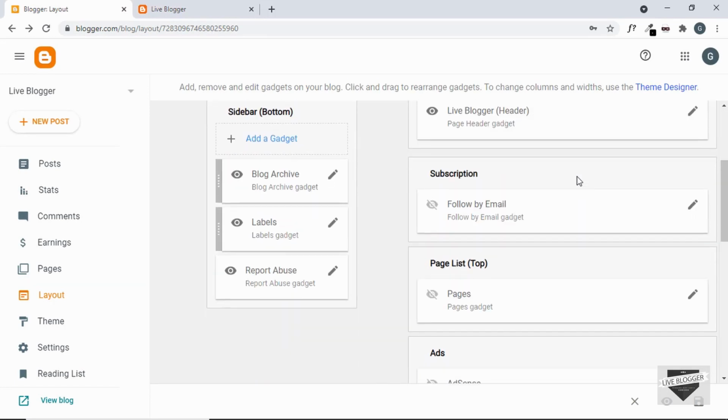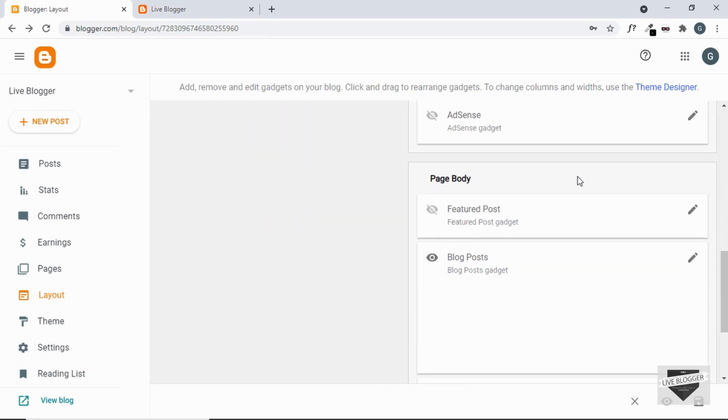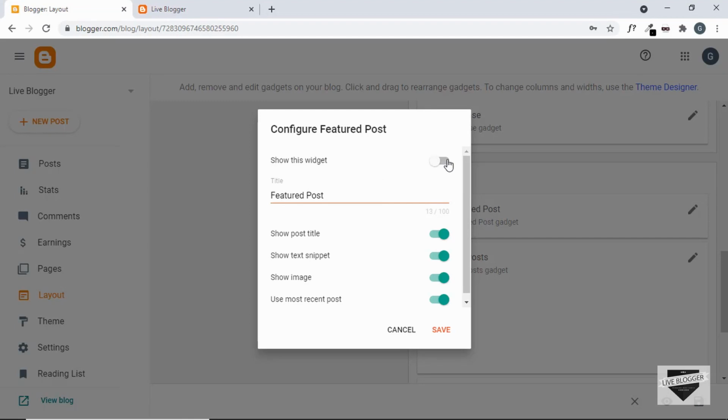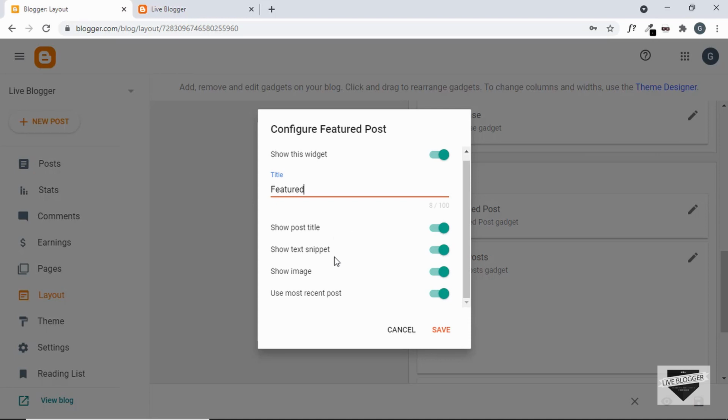Now if you scroll down, in the page body, we can see we have an option called featured post. Right now it is hidden in my website. So let's go over here to this button and click on show this widget. And we'll just add a title over here. I'll just type featured and we'll show the post title, the text snippet, the image, and here we have an